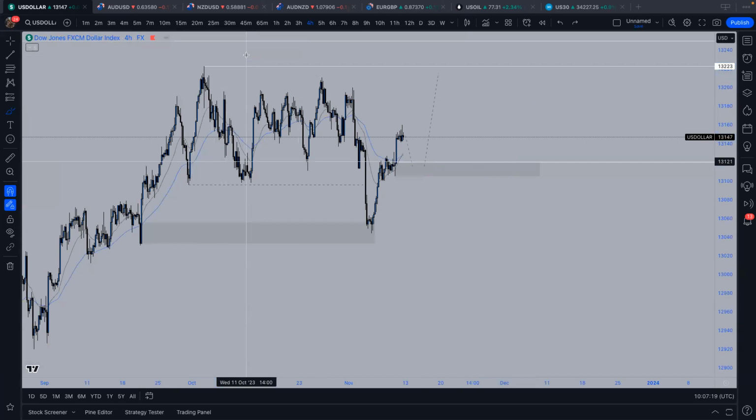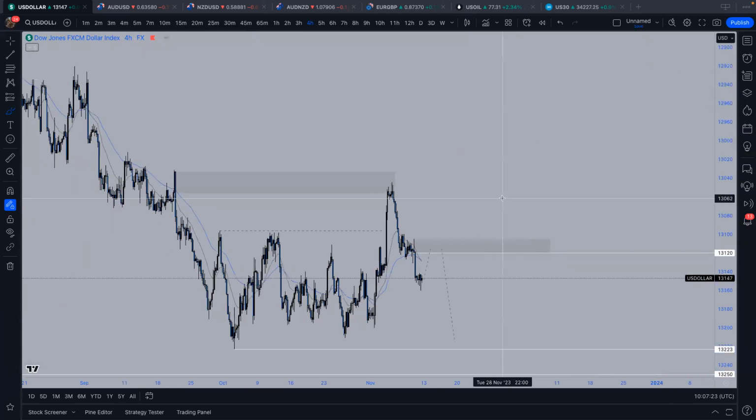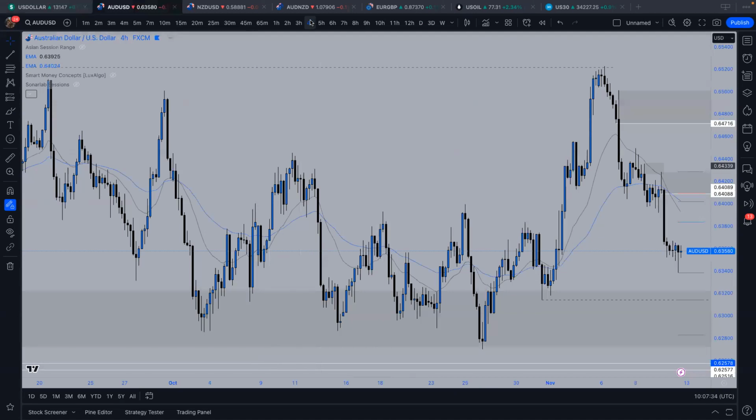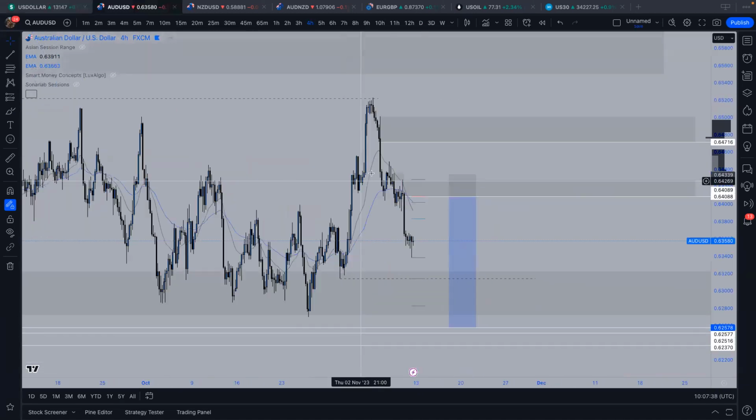So that's dollar. With that in mind, we should be looking for anything inverted on the dollar. So any kind of pullbacks, and then look to short, take some lows. So straight off the bat, you can already see AUD USD is looking super similar. If I go on the dollar,